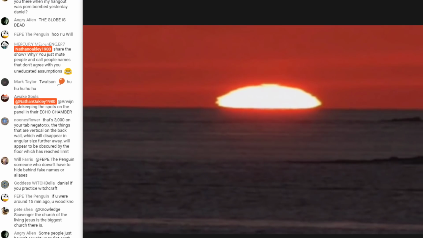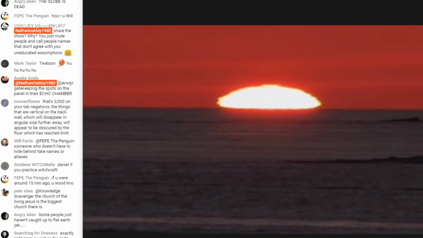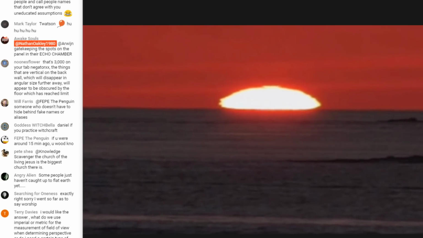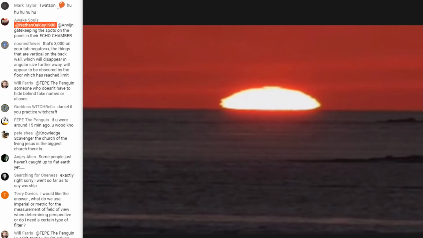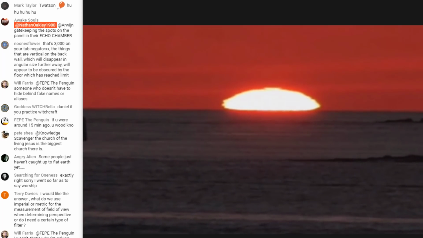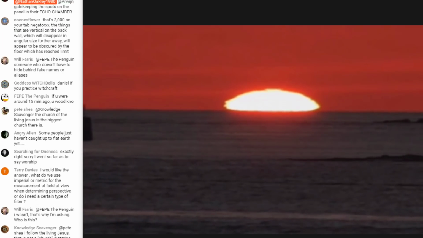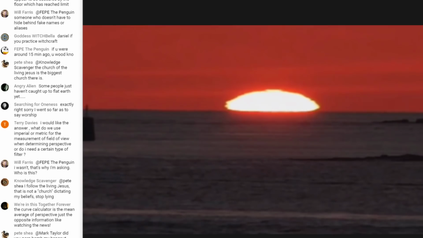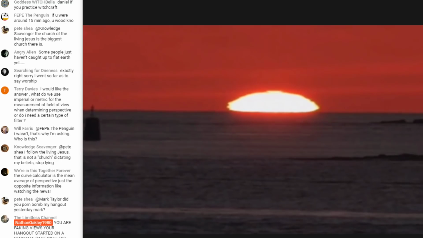No, we're not. We're true that we don't live on a globe. Or do you think we're trying to prove the flat Earth with a curve calculator? Are you insane? Yeah, flat earthers do it all the time. We're trying to debunk the curve calculator. So we're saying we've debunked the curve calculator. It doesn't include perspective. And you're saying, well, how do you calculate it? I couldn't give a shit. It doesn't include it. Go away and include it.